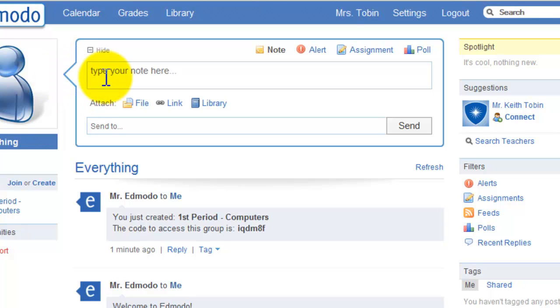This is the social part of it. You can type notes, alerts, you can hand out assignments or take a poll, you can attach files or links or something from the library. You can upload pictures or files to your library. And anything you put in here,